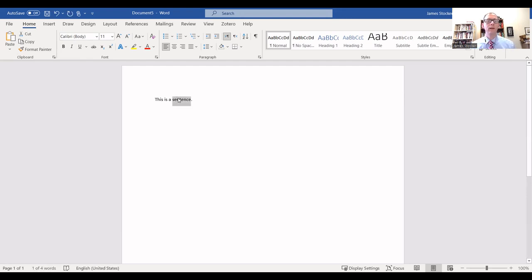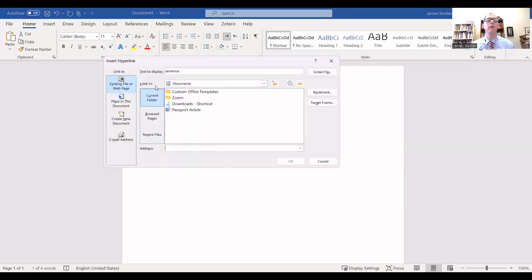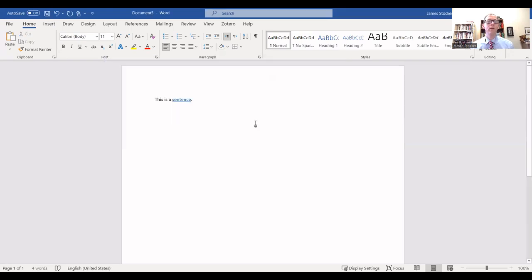You then cut and paste this, or at least cut it. Highlight the word you want to put the hyperlink on, and then click link. You can right click on it and click link. You could also find it under the Insert tab. At any rate, this Insert Hyperlink will come up, and you can paste the address here and click OK. You then have the hyperlink there, and if anyone wants to access the source, all they have to do is click on it.